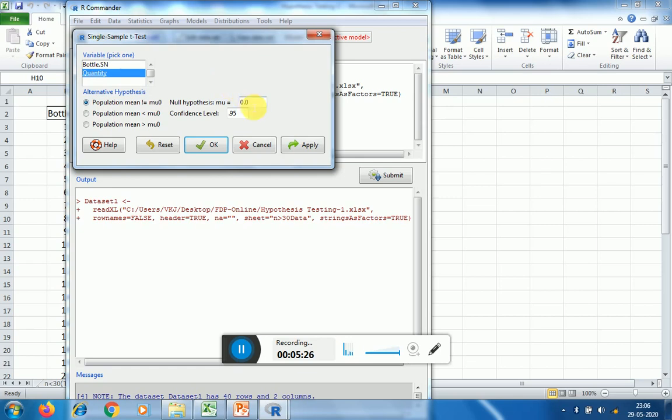Then we want to test the null hypothesis that mu is equal to 2 liters. So we'll enter here the value of our population mean. Then the alternative hypothesis will be population mean is not equal to mu naught, or by default it will take now the value that is 2.